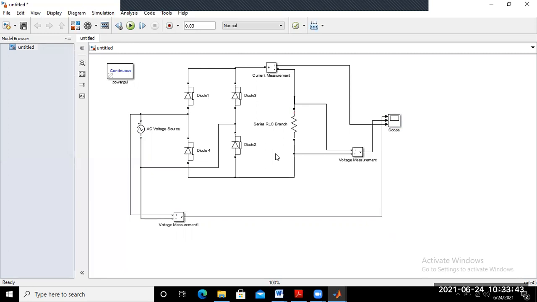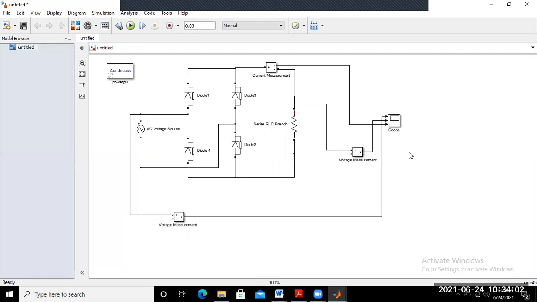So how can we obtain the output voltage or input voltage waveform from this simulation circuit diagram?